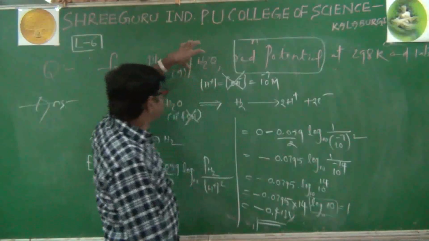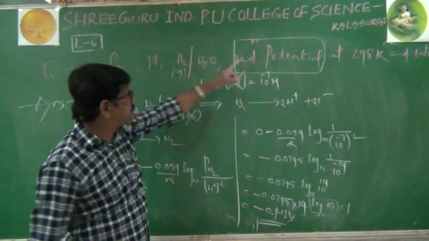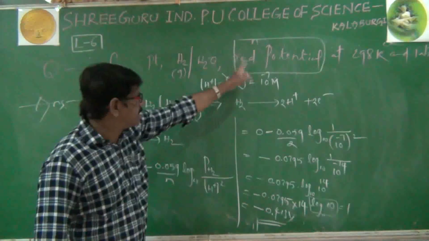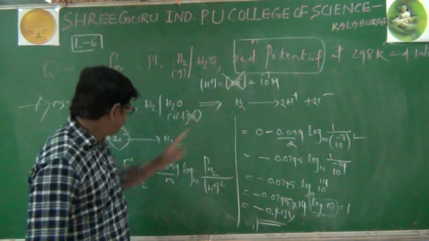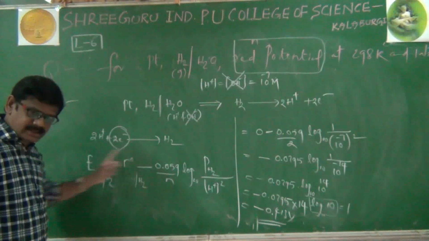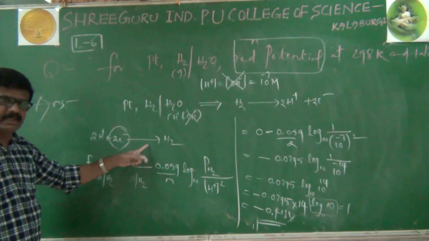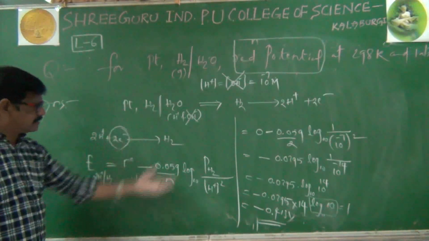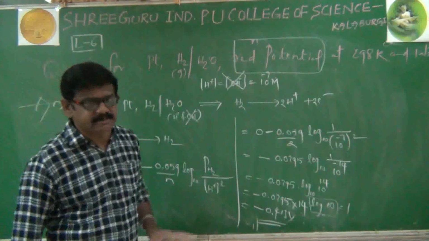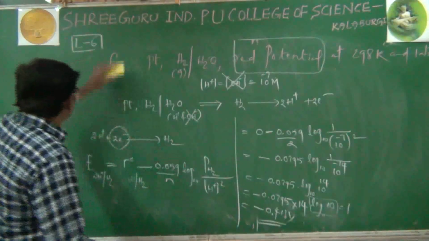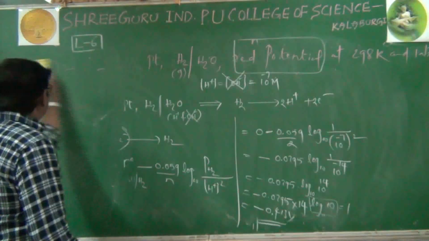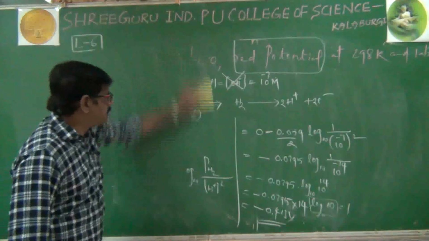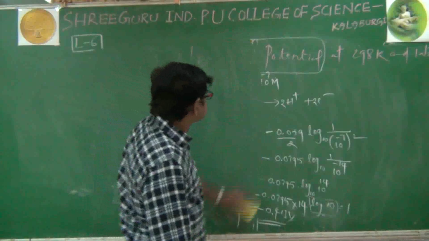Here the symbol has given oxidation, but the question has asked for reduction potential. That's why, for reduction potential, we have to take a reduction reaction only. That is very important. And in this reduction reaction, of course, product and reactant, the remaining procedure is the same. That's all. Right. Next we'll discuss one more very important concept, that is